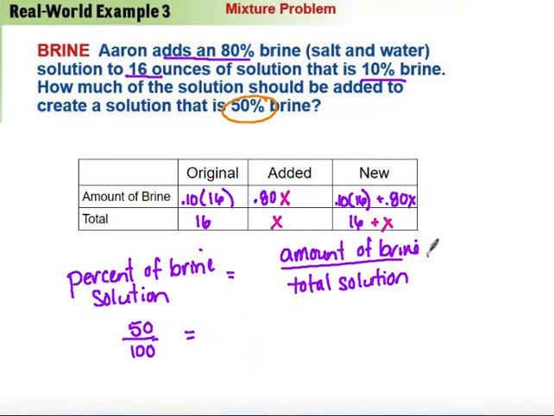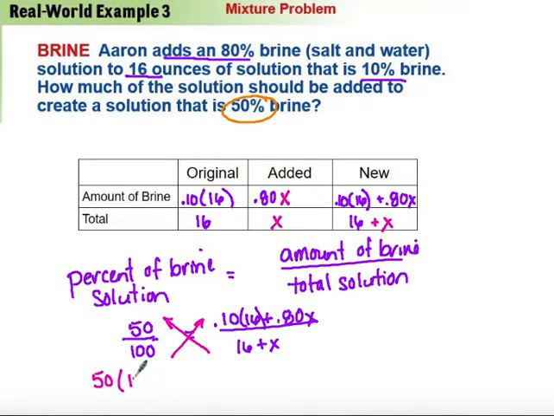We're going to set that equal to the amount of brine, and the amount of brine in the new solution is going to be 10% of 16 plus 80% of x, divided by the total solution, and the total solution is 16 plus x. Now we're back to solving these rational expressions. Since we only have two, I could still multiply both sides by the LCD, or I can do a quick cross multiplication like a proportion, because that's what we have. So the math is going to be 50 times the quantity of 16 plus x is equal to 100